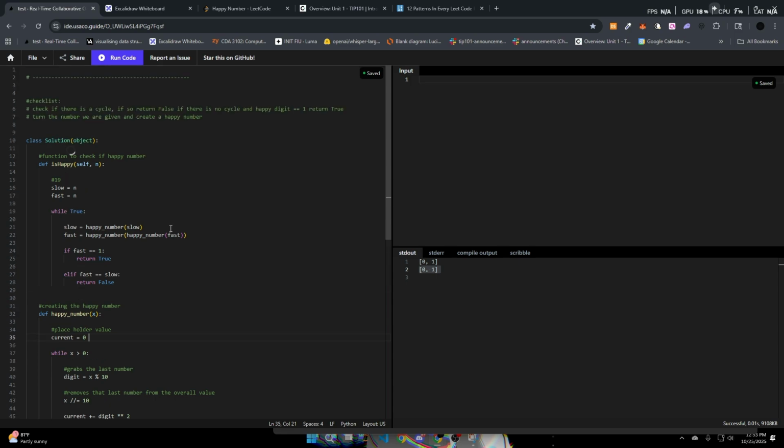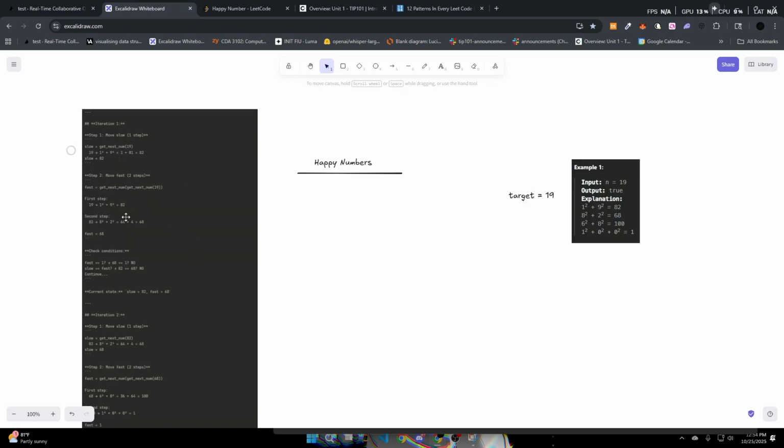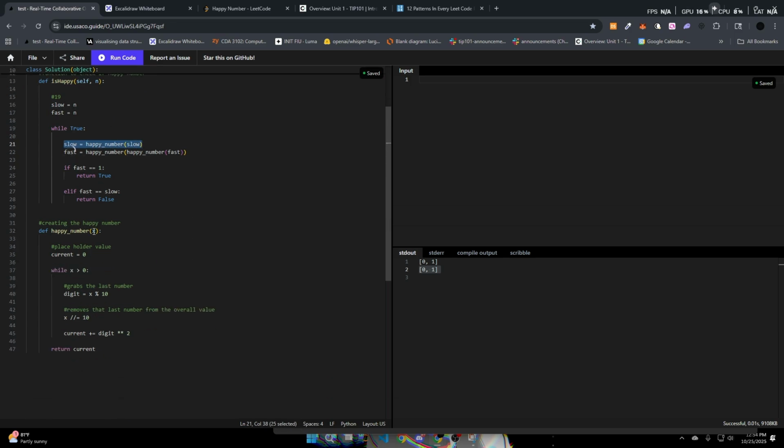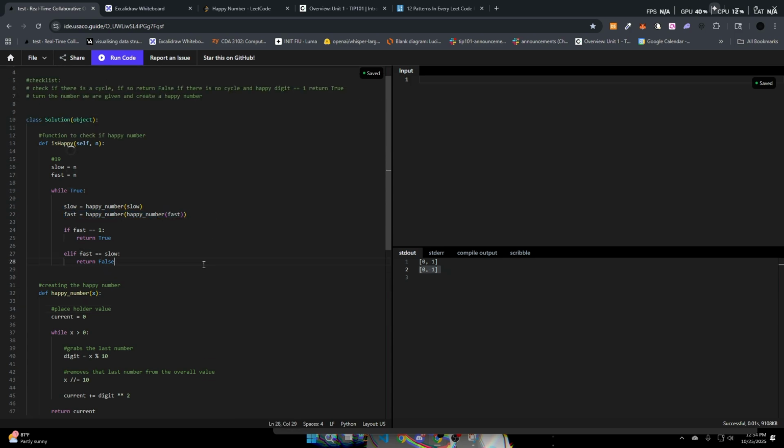So now we go back and check the if statements, right? Because we just ran these two lines. If fast equals 1, well, fast doesn't equal 1, right? It's not one, not close. And then fast equals slow, no. So we haven't reached any of these conditions yet. So because of that, we're just going to run this function again with the new values that we're given. So if slow equals 82, right, we're just going to plug 82 here, right? Because remember, the argument here is slow. So we're going to just do this again with 82 being our x, right? And we're going to do fast again with